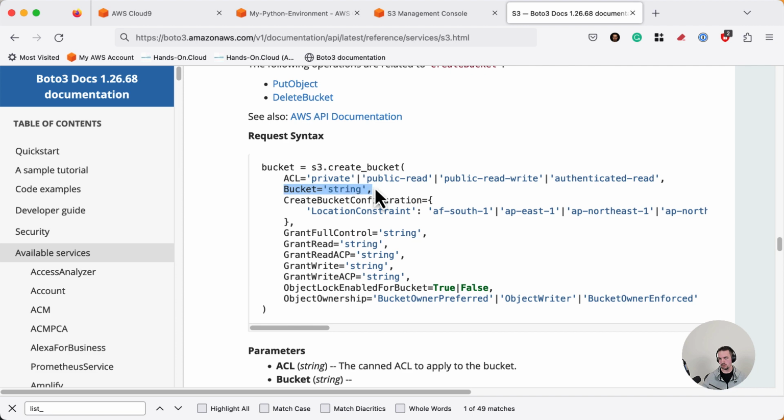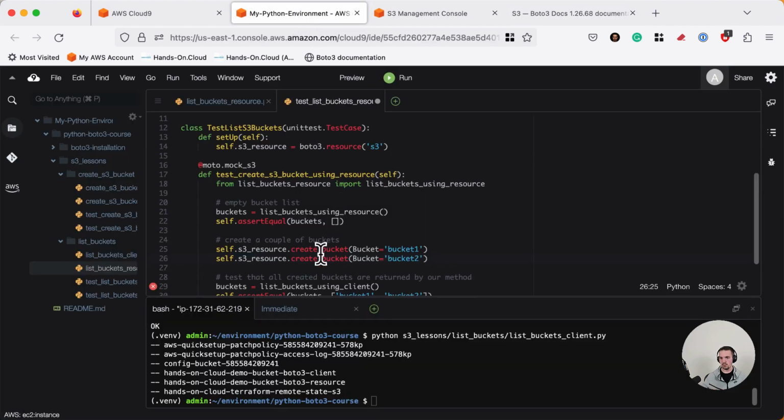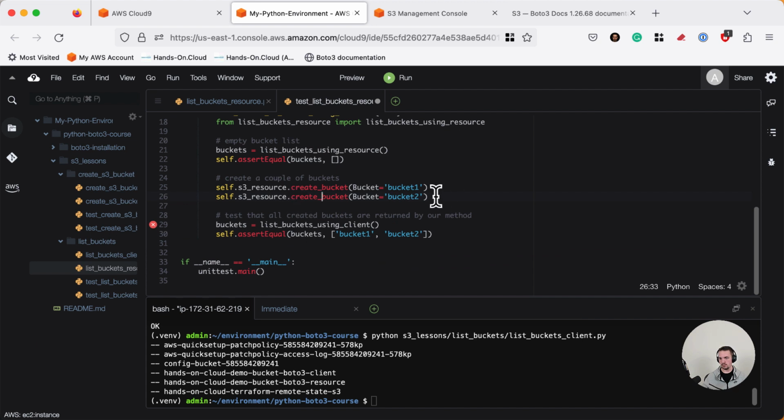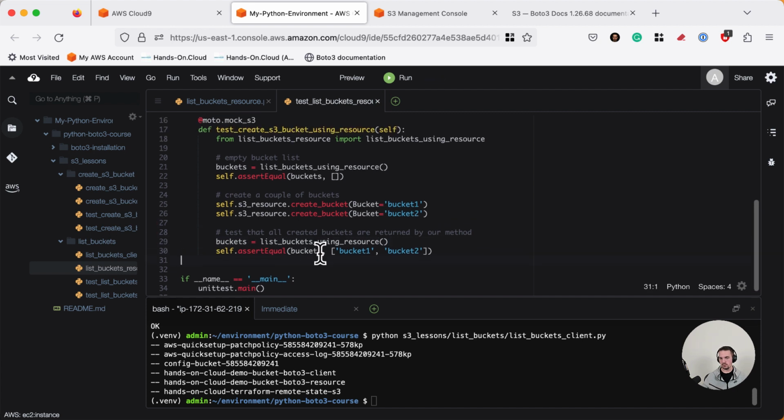And we will use just only bucket name as a string. That's why we don't have any errors here. So those two API calls will use the Boto3 S3 resource create bucket method, and create a couple of buckets for us. Now let's take the method definition, name, and there we go. Those are all the changes which we need to introduce in our test case, and